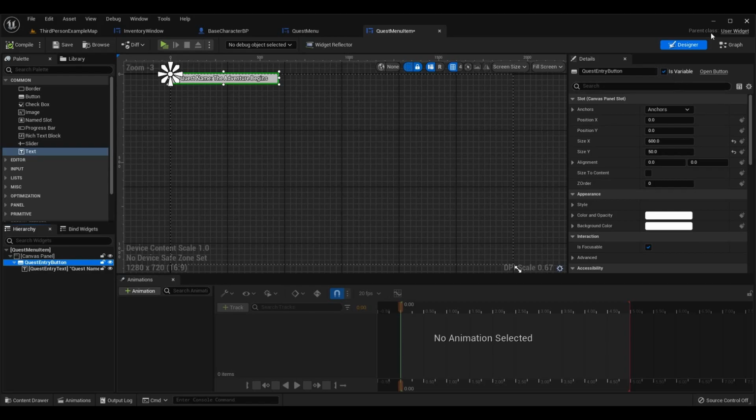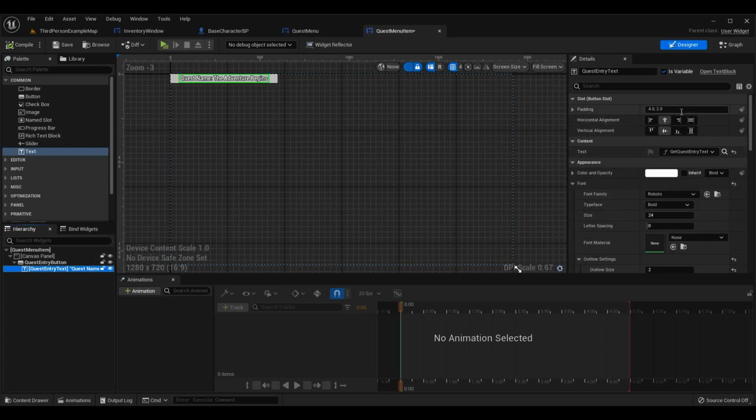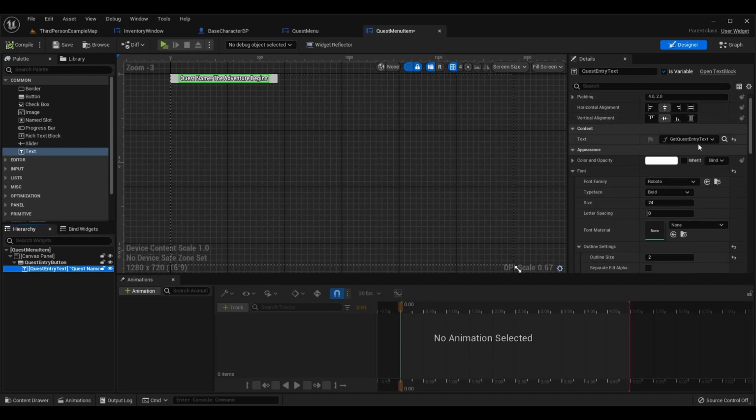It could be good for something like changing the style on the fly in the future, so I'm going to leave it as a variable even though we're not going to use it today. Now going back to the text, you can see here are all my values for it. They're mostly all the default stuff. I do have text here that is bound to a specific value,